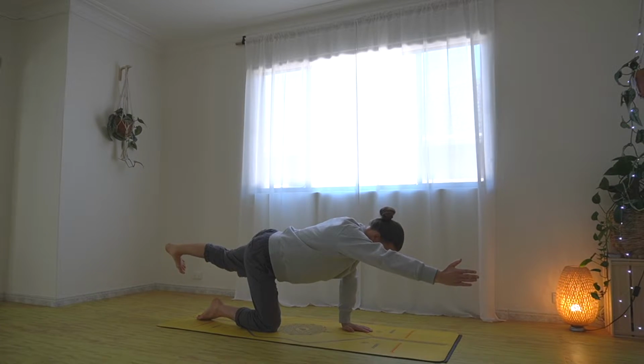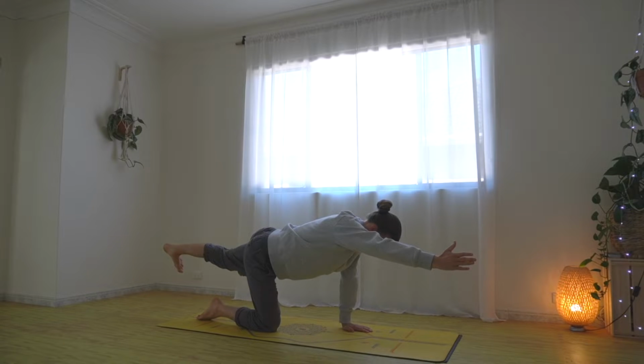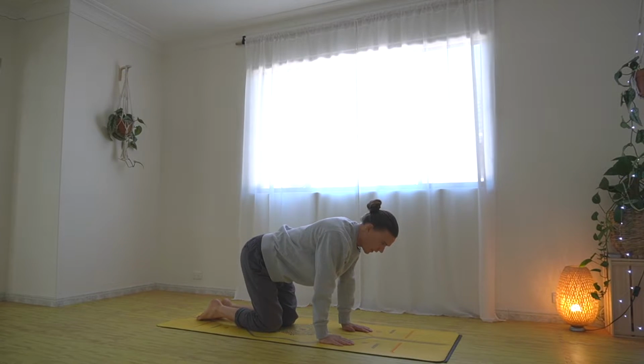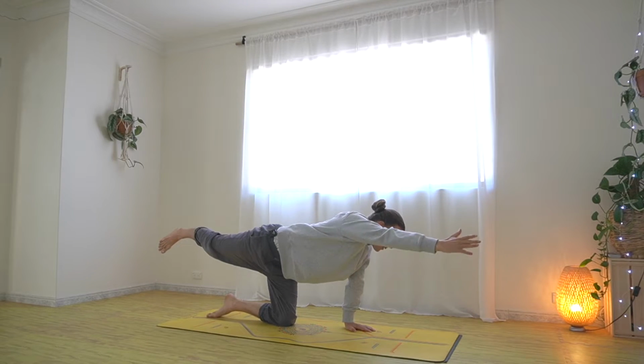Keep the core engaged, don't let the lower back dip. Don't let the lower back collapse. Don't let the chest collapse. Okay, come back down. And now we're going to take the right leg back and the right arm up and